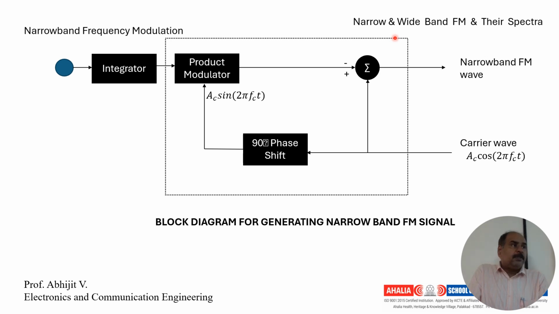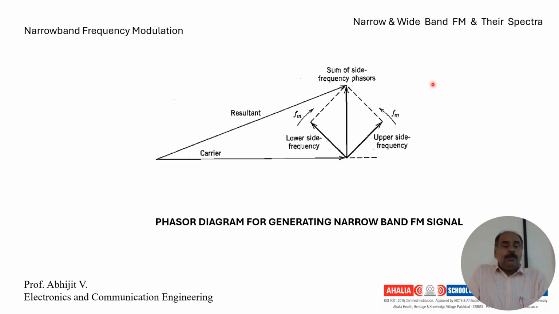We look into the phasor diagram of a narrowband FM signal in the next slide. So this is the basic phasor diagram for generating a narrowband FM signal, and this is probably a very important question that would appear in your university exams: with a neat phasor diagram for generating narrowband FM signal,